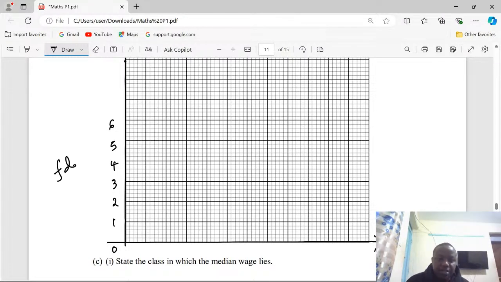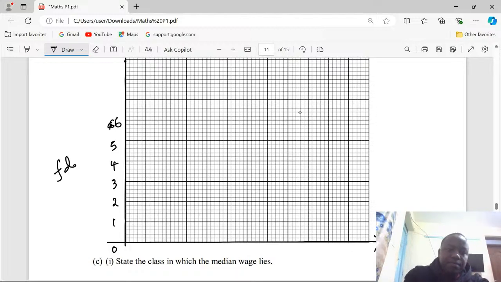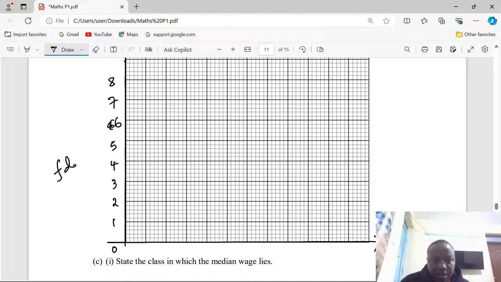Yeah, we have 1, 2, 3, 4, 5, 6. We can also have 7 and 8. 6 is here, 7, then 8. Yeah, that is a very good interval. Then for the x-axis now, where we have the wages,